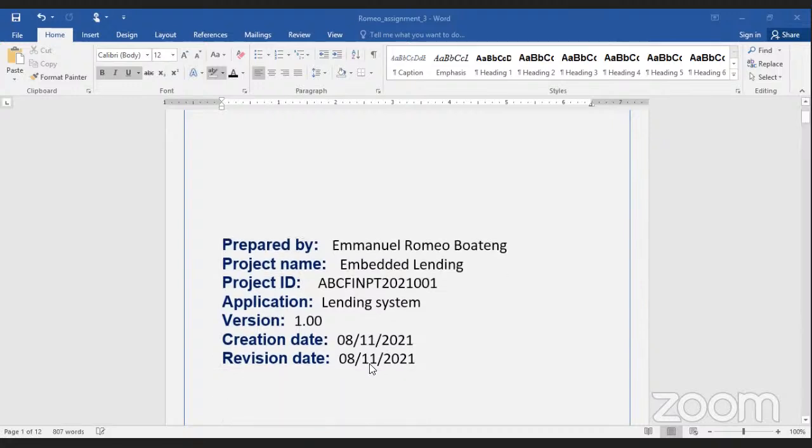Yes, but once you state the same dates, you create the impression that it is the same date. I may be wrong. Maybe we'll have to take off the revision because it hasn't been revised. I agree with you. So the revision shouldn't have appeared because it hasn't been revised before. Exactly.